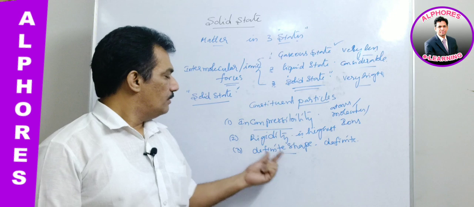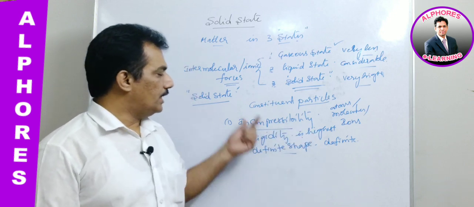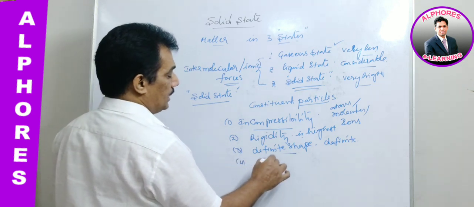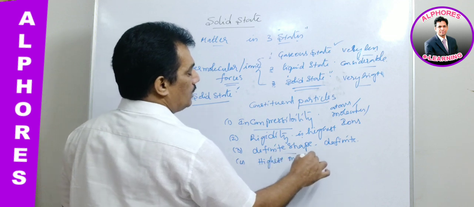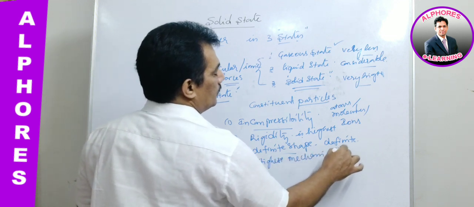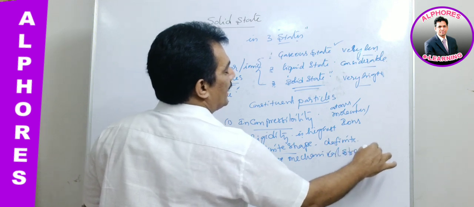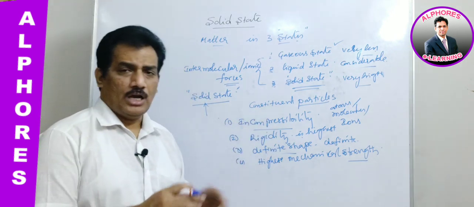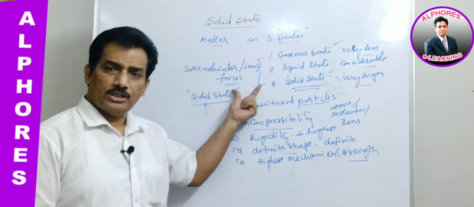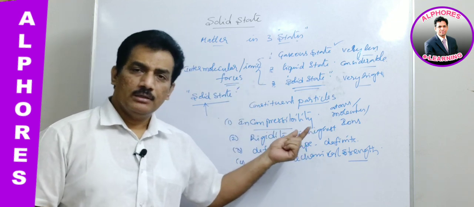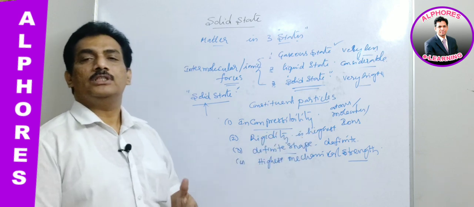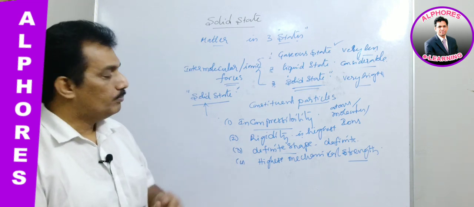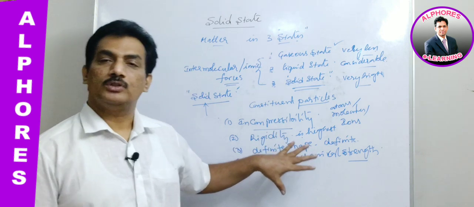solid. So hence the definite shape, highest rigidity and incompressibility, and then one more factor is nothing but highest mechanical strength. These are the characteristic features of solids. We can observe with this one, they are having highest intermolecular forces of attraction, and thereby that leads to incompressibility, nothing but rigidity, and because of this they are having a definite shape, and they are having highest mechanical strength. These are the characteristic features of solids.